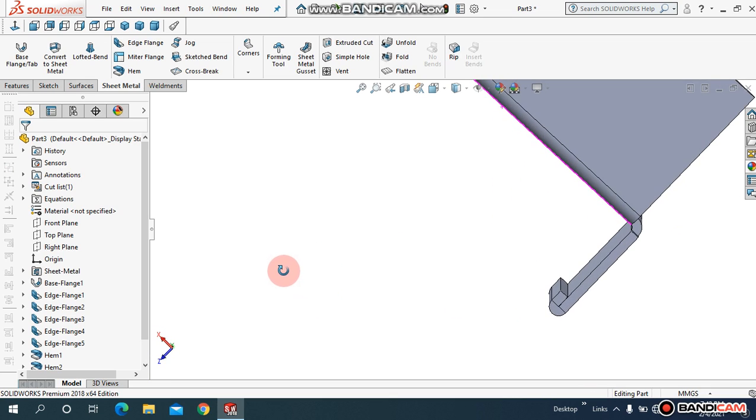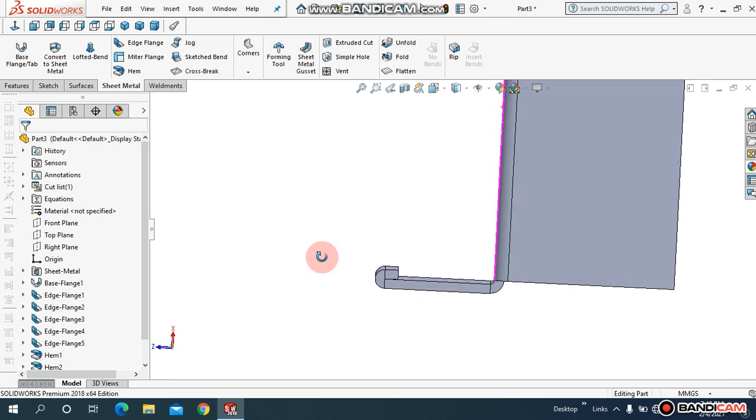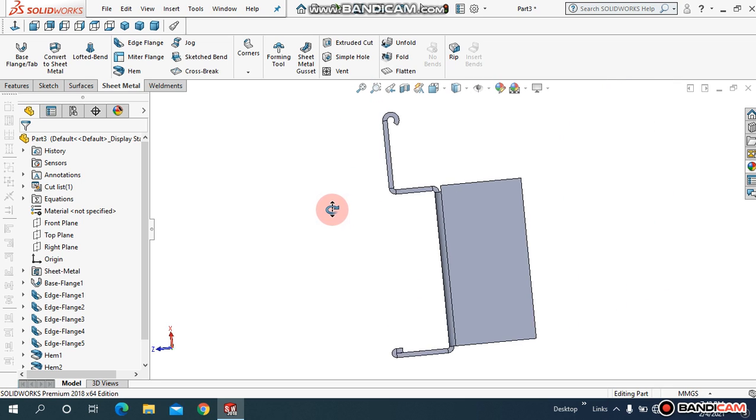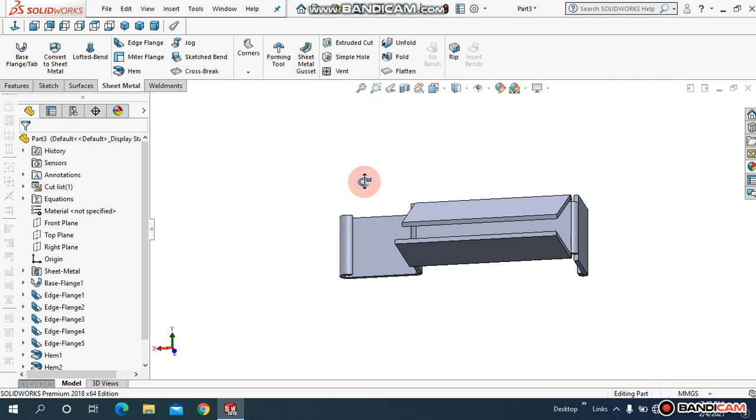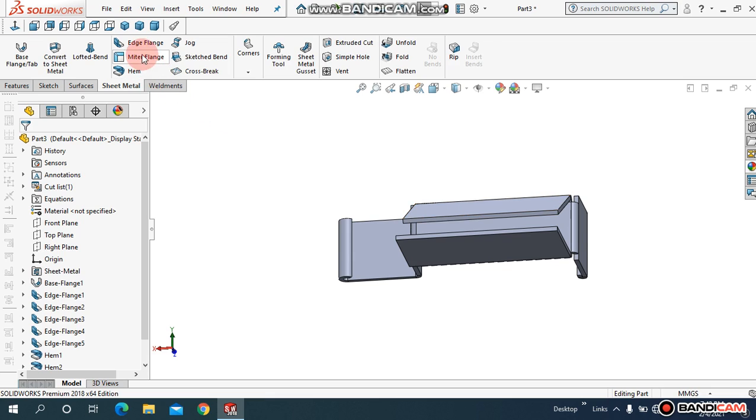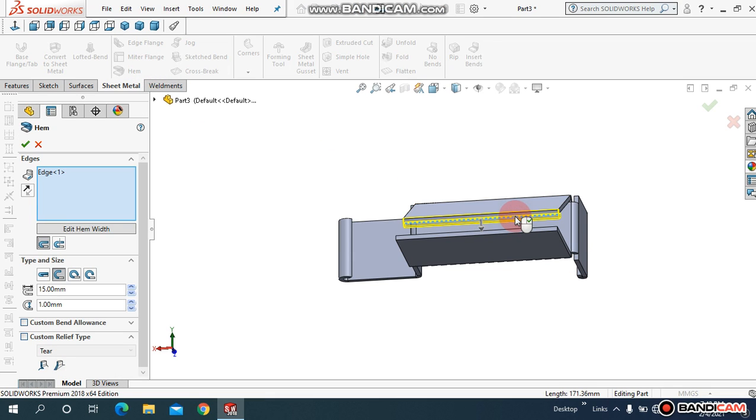See, what was the sharp corner? I have bent that. Now in this case, let me come here and come to hem, again choose this one, sorry, let me clear the section, this one, see,